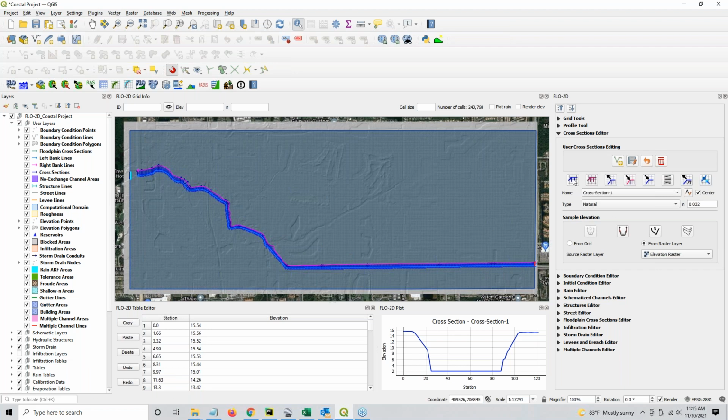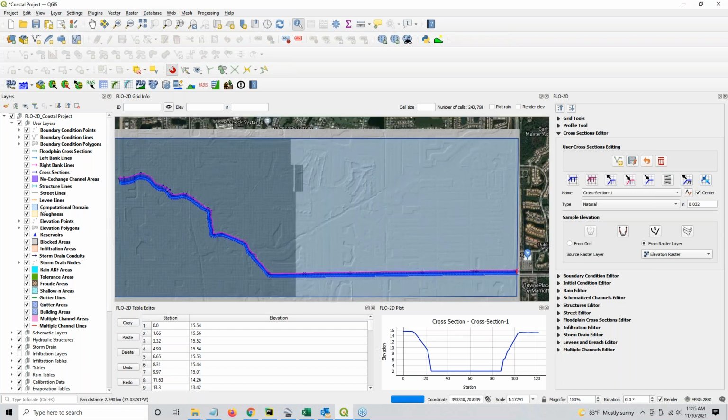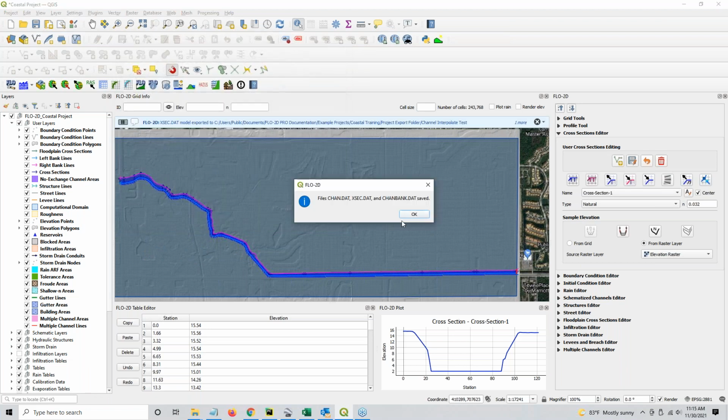All right, so we ran through our interpolation and we imported our data again. Now look, this is kind of the beauty of this tool. If you need to come in here and make a change, before you do anything, what you want to do is hit this schema button again. It's going to wipe out that data we just imported, and it's going to reset that channel schema data. And then you can make a change to it. You can add another channel. You can make changes to the banks, whatever, and then run through this process again. Always the last thing you do is run through this process,